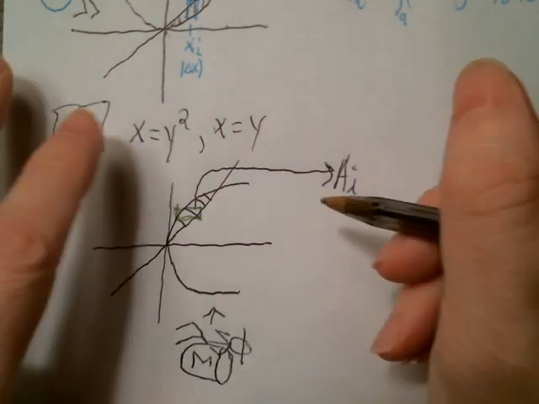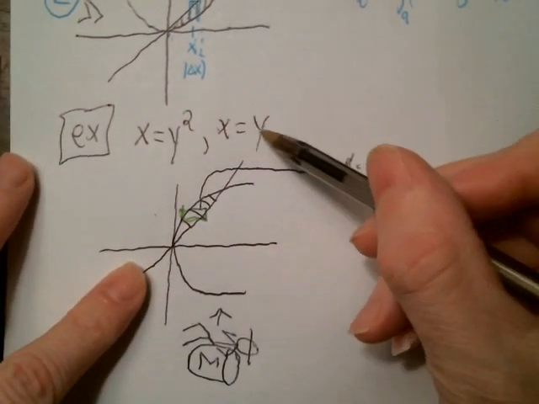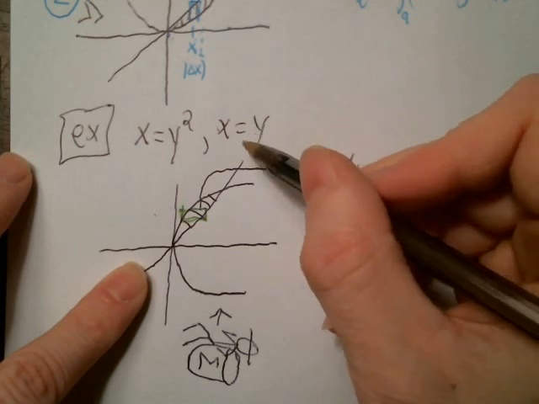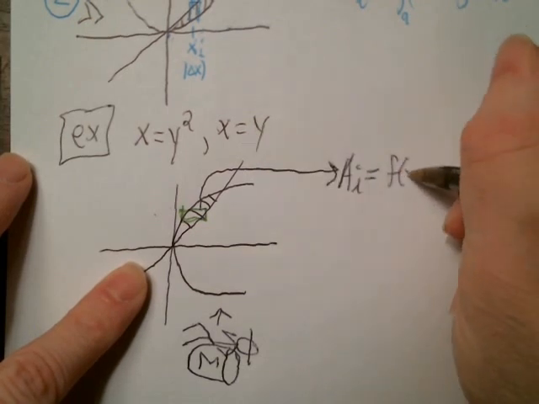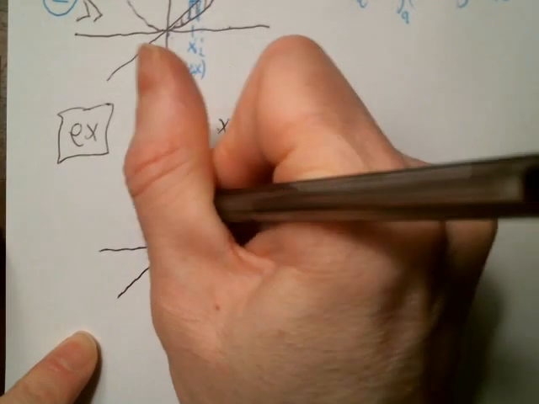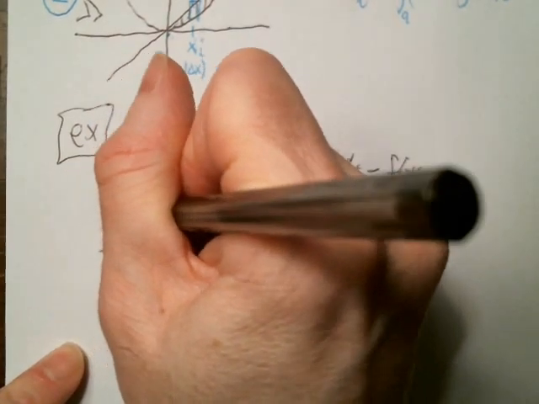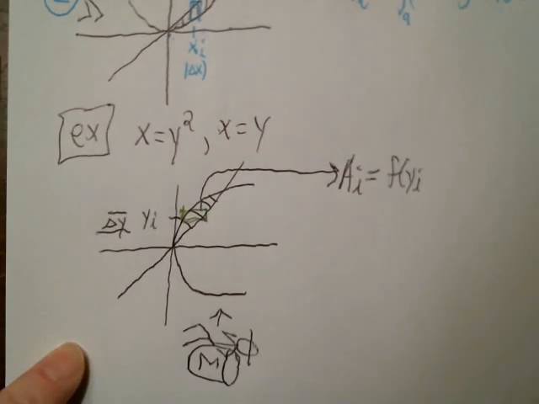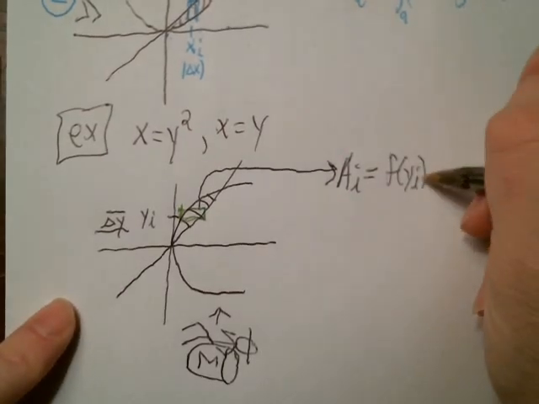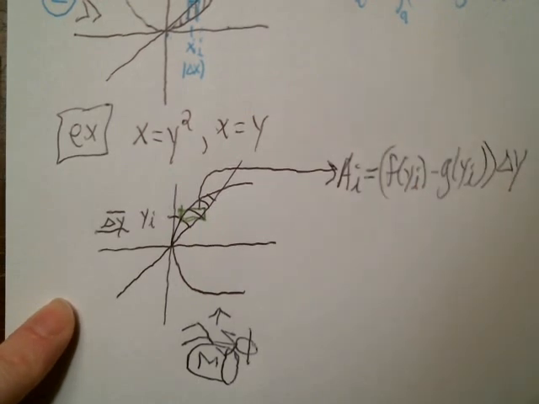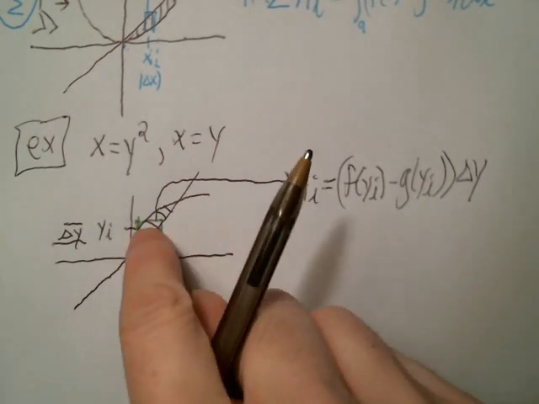The top of the rectangle is given by this curve, so we could call this f of y, and we'll say f of y sub i, so this would be some generic rectangle at location y sub i, and then it has a width change in y, right? So it'd be f of y sub i minus g of y sub i times change in y sub i, or just change in y if all the little